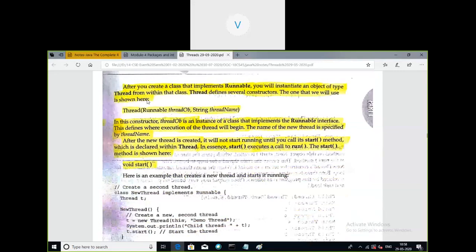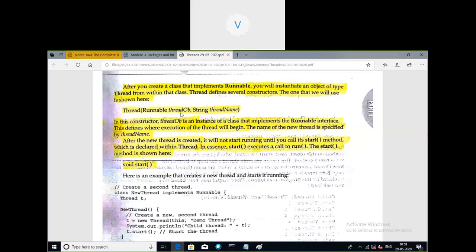Thread defines several constructors, and one very basic constructor is Thread(Runnable threadOb, String threadName). Here threadOb is an instance of a class that has implemented the Runnable interface, and it creates the new thread with this particular thread name.